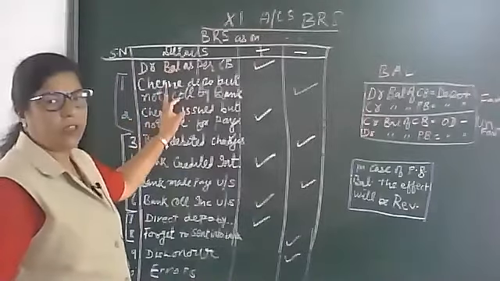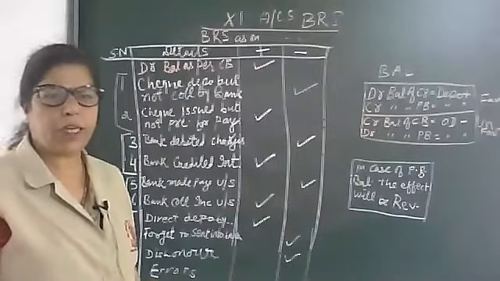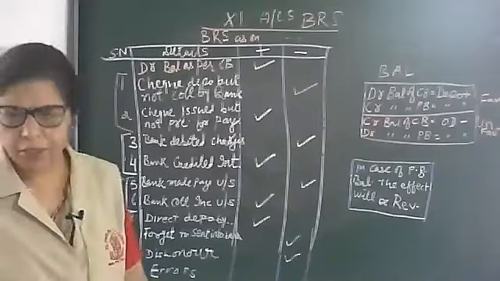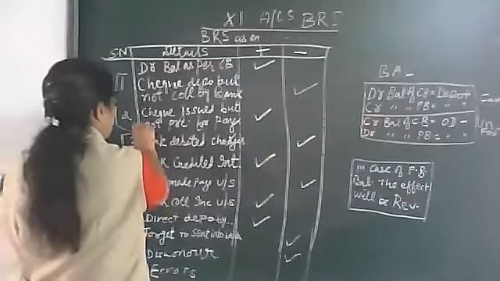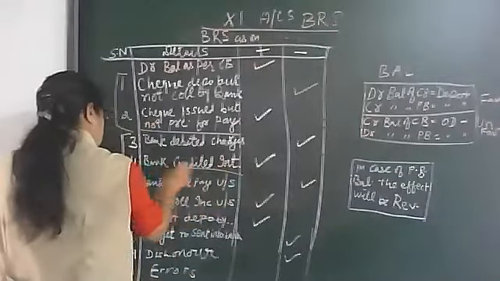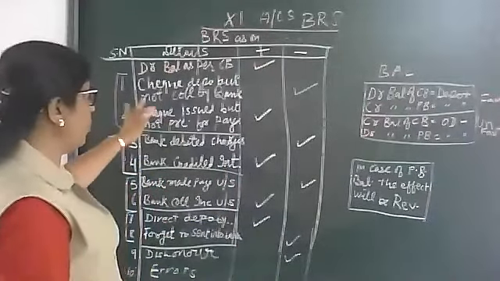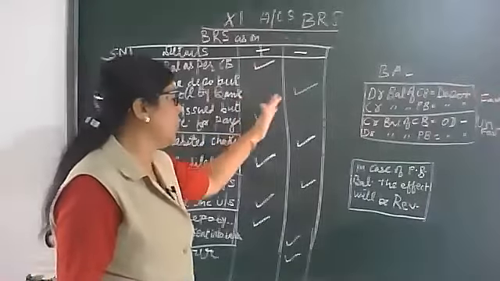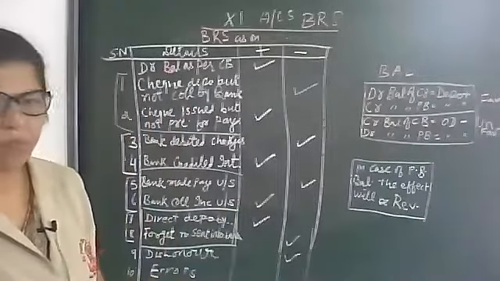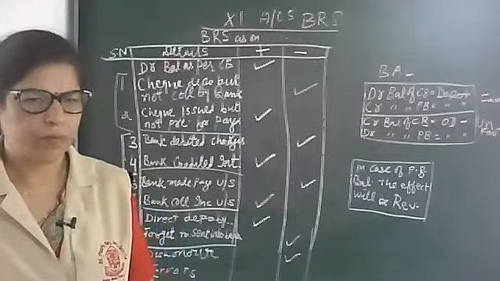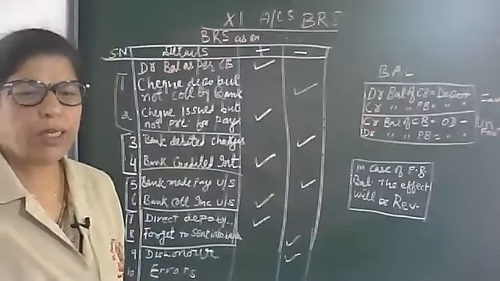Check deposited, not collected by bank. First you should note down, then I will explain one by one, and it will be easy for you. Make this type, two pairs, then this one, then this one. So it will be easy for you to learn: minus, plus, minus, plus, minus, plus. For learning point of view.